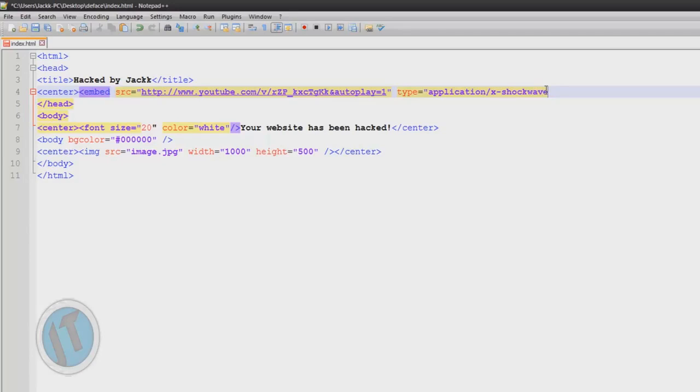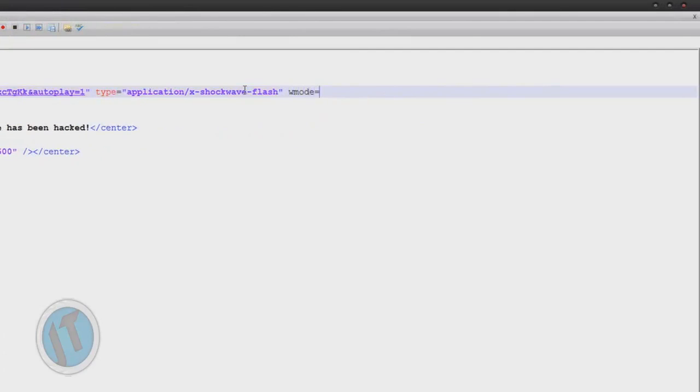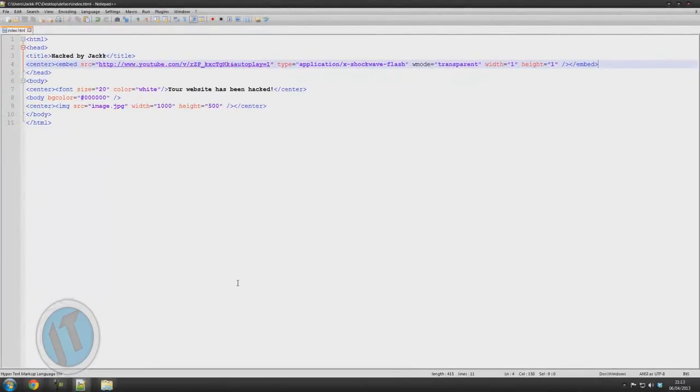Shockwave-flash, wmode equals transparent, and the width equals 1, and the height equals 1 as well, and also end the embed here as well. So just do /embed like that, and there we go. What that is essentially doing is putting a YouTube video onto our website, but it's making the height, the width and the mode transparent, so we can't see it, but it's still going to play because we have autoplay. So I'm just going to refresh this,